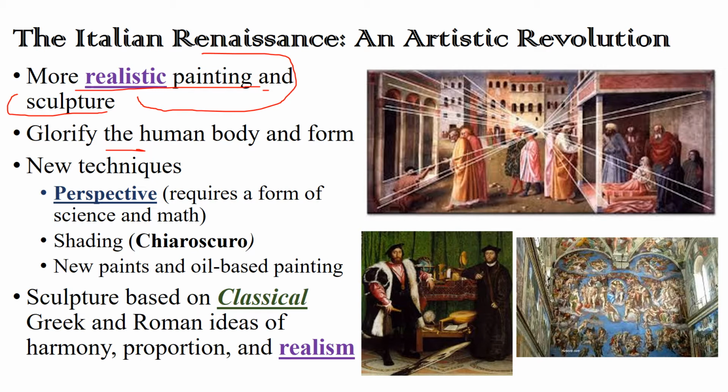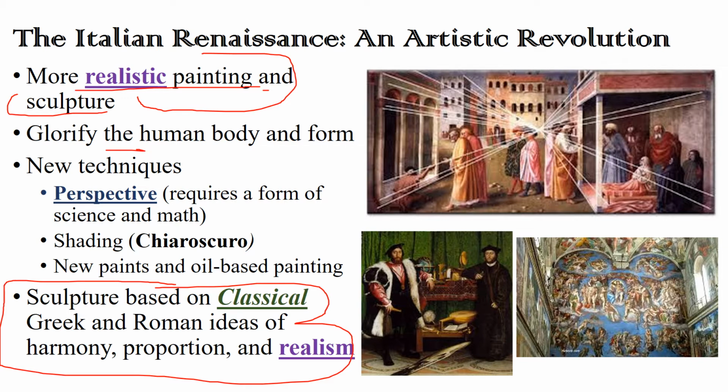It is, however, sculpture based on the classical ideas. Remember, these Roman and Greek statues also tried to depict the human body with every muscle sticking out, anatomically correct. And so that classicism comes back and is revived during this Renaissance period. But they also develop new techniques. So they're building on the concepts and innovations of the ancients, the Greeks and the Romans, but they have new